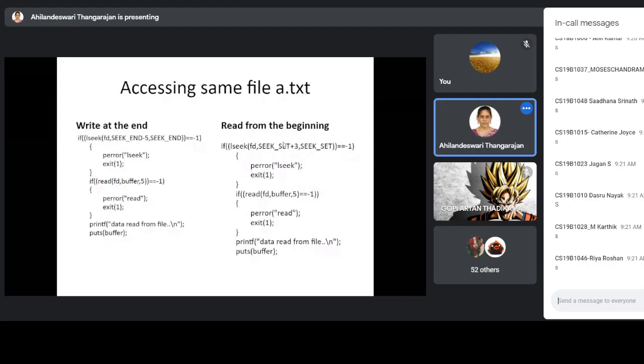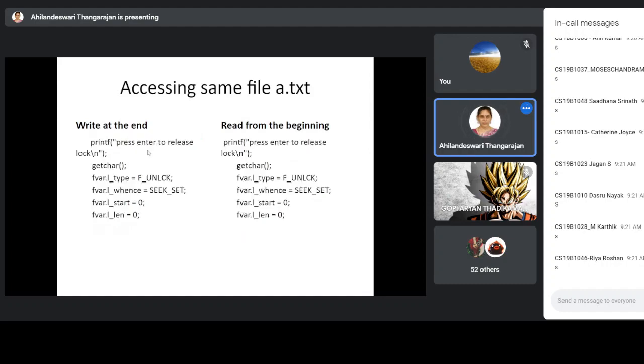After that, from the third byte, I want to read 5 bytes and store them in the buffer variable, from a.txt which is pointed to by fd. So that value will be stored in the buffer. Then you are displaying the buffer value.